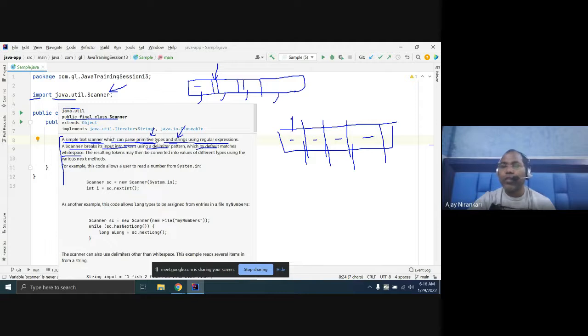Each word is known in the Scanner class as a token. This is token 1, token 2, token 3. The resulting tokens may be converted into values of different types using the next methods. So how will we get these values? We get them using the next method.